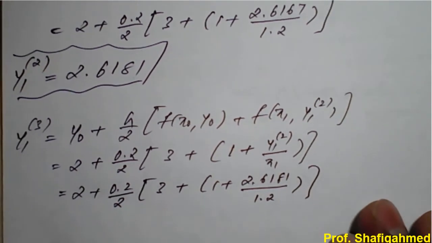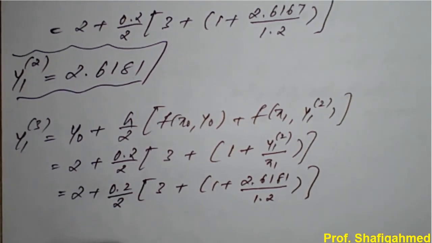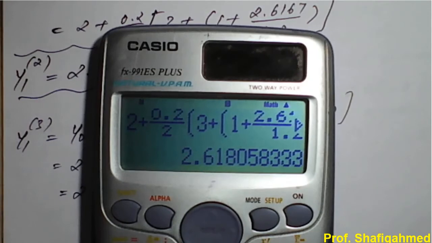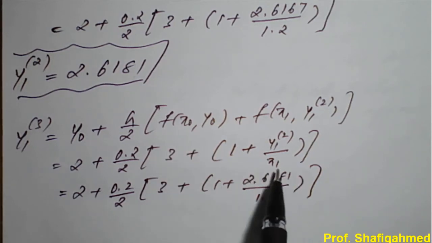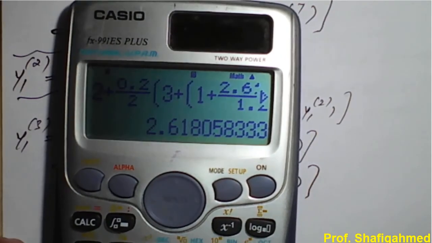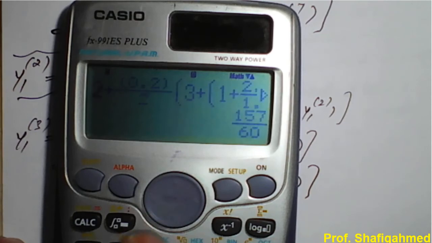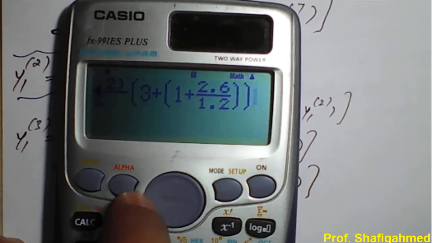So I will show one of the easiest methods here. So already we have the data here. So all values are the same. You can check here. y0 value is the same, h value is the same, f of x0 value is the same. Only we are updating the value of y1 of 2, remaining all same. So in the calculator it is already there. So use the center button and cursor.